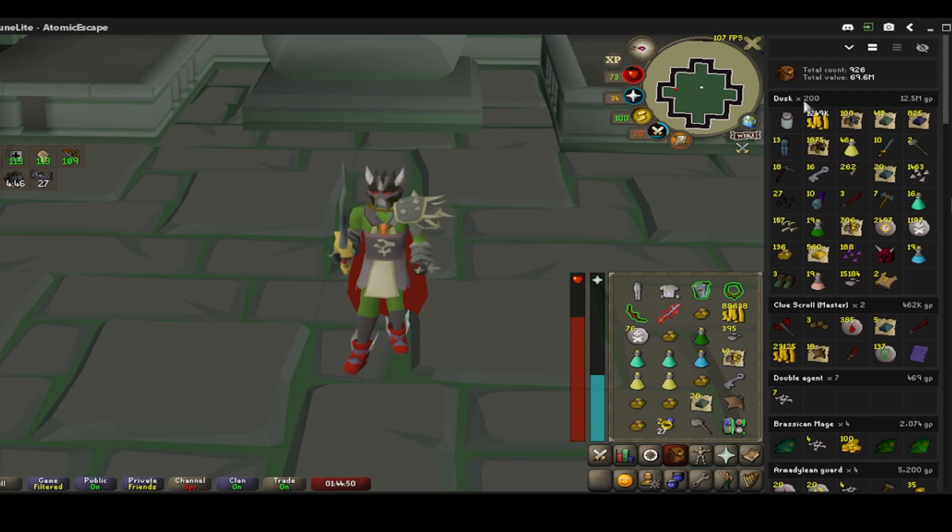Okay, so for 200 kills we've got 12.5 million GP. We've got the Gyro Stone, which is 3.4 mil, 1.2 mil worth of coins, a nice round number of 100 runite ores, plenty of adamantite bars, lots of mithril bars, plenty of rune items as well, 500k's worth of coal, lots of Saradomin brews, which I'll probably just keep anyway, 10 runite two-handed swords, 2 granite mauls, lots of dart